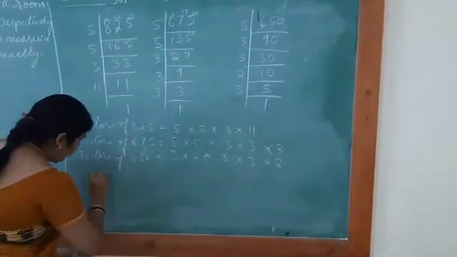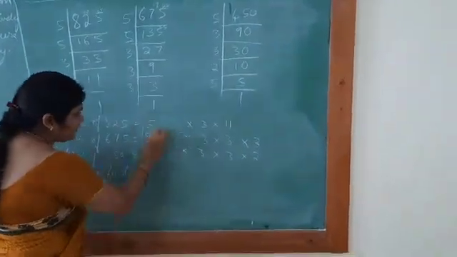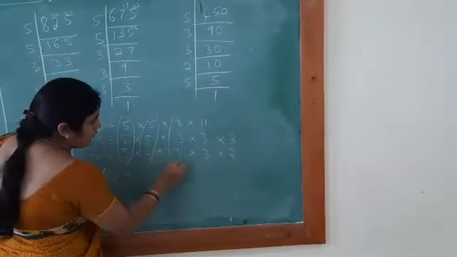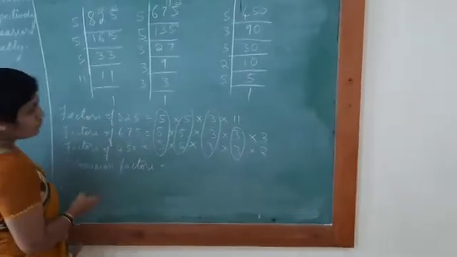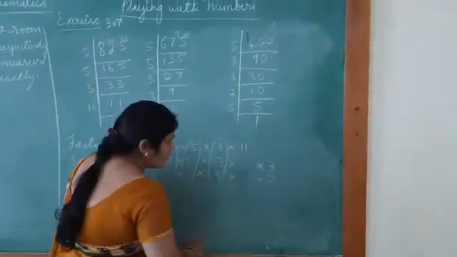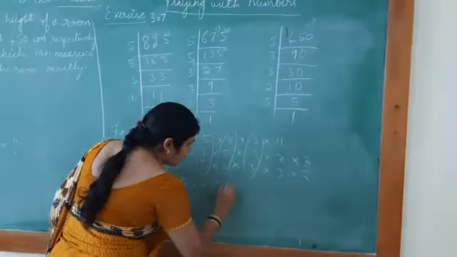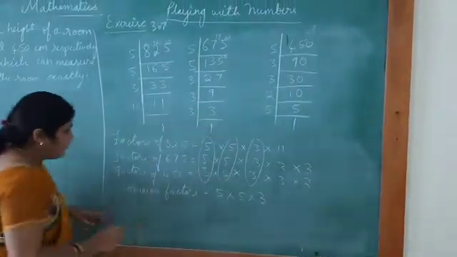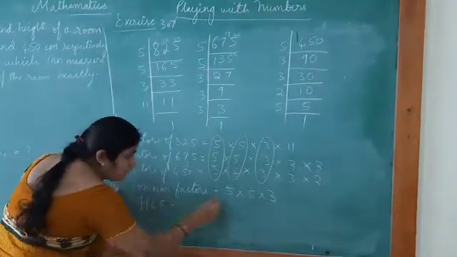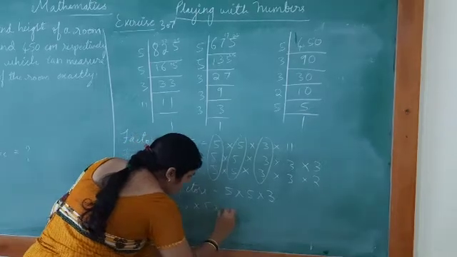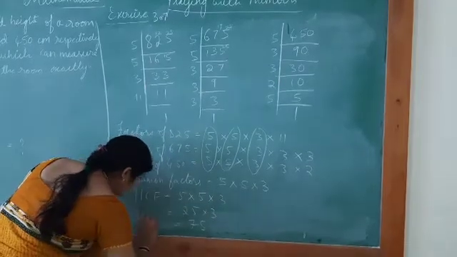Now let me choose the common factors in all the 3 numbers. Common factors are this 5, 5 and 3. Only this 3, not this 3. This 3 is not common. So take only this. So now choose the common factors: 5 into 5 into 3. Because this is the HCF, what we are doing? HCF is equal to multiply the common factors. 5 into 5 into 3. That is 5 5s are 25, 25 into 3 is 75. HCF is 75.